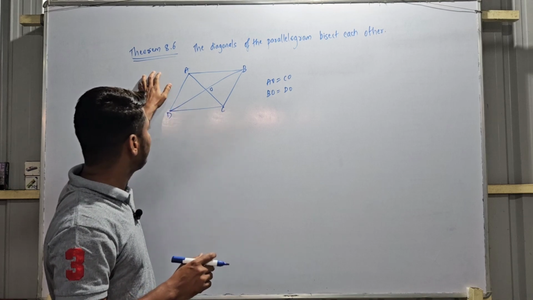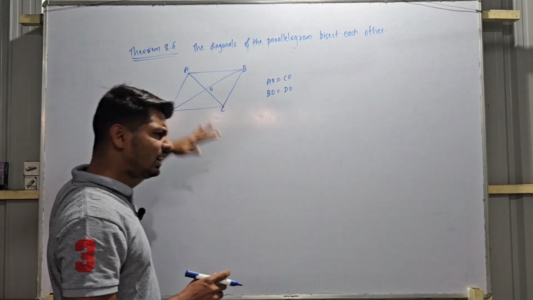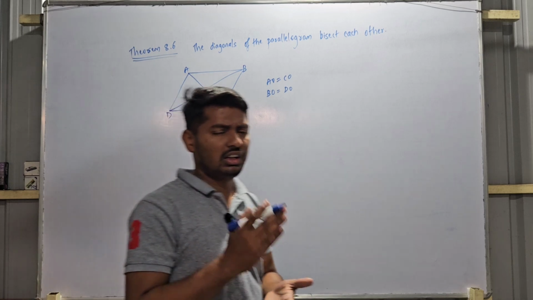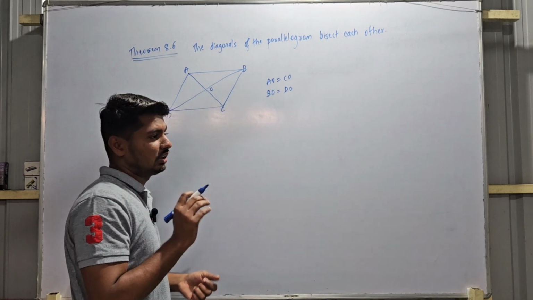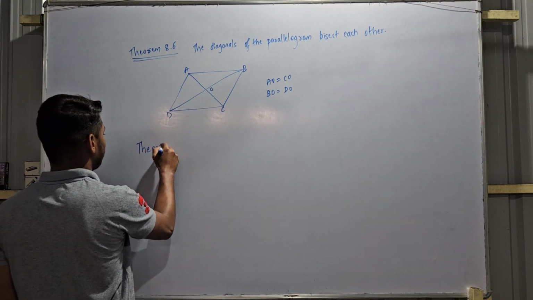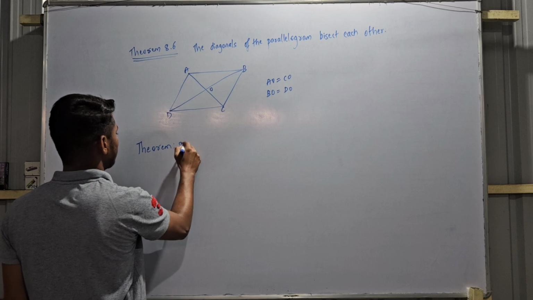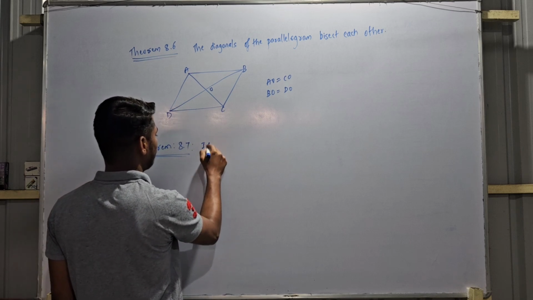So 8.6 is discussing the diagonals of the parallelogram. So same thing as we have seen the converse of 8.2, the converse of 8.4. Now the converse of theorem 8.6, that is theorem number 8.7, is: